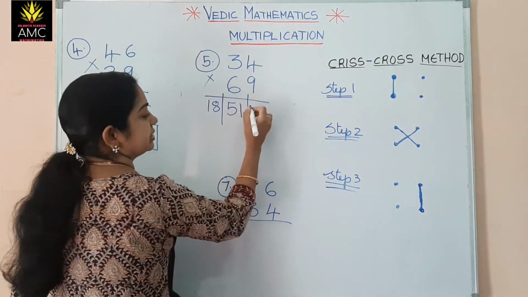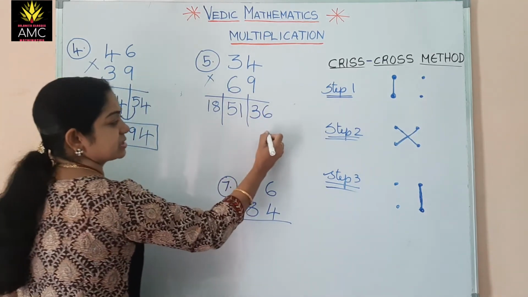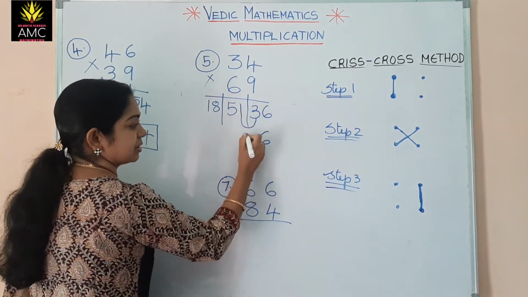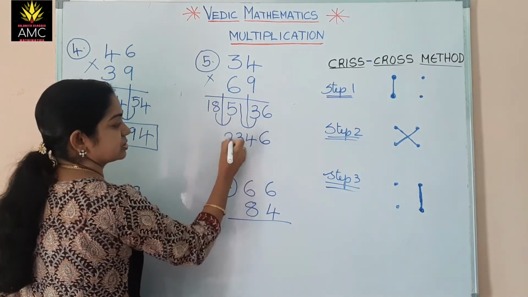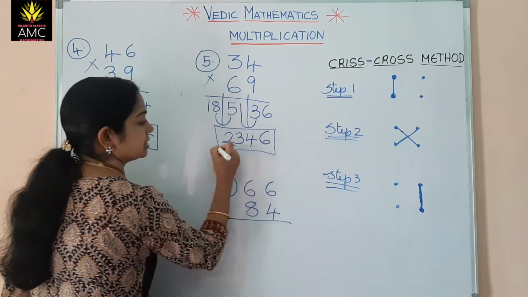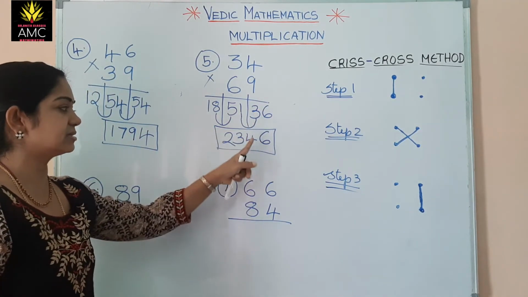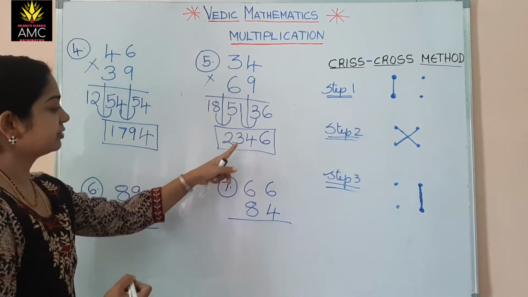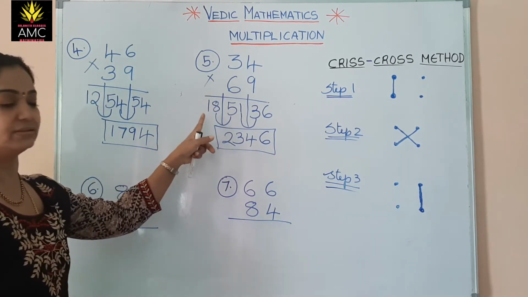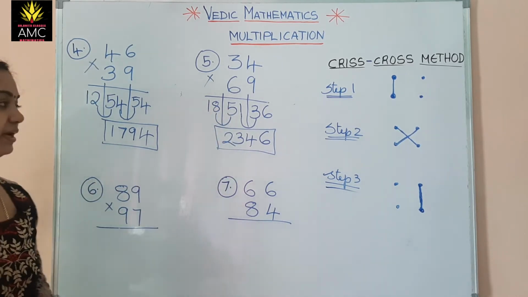See, 9 3s are 27, 6 4s are 24, 20 and 20 is 40, 7 plus 4 is 11, 51, right? 9 4s are 36, again balancing. So 6 as it is, balance this, 4 again balance this comes to 13. Final answer: 6 as it is, 3 plus 1 is 4, 5 plus 8 is 13. So 3, and 1 is carried here. So that comes to 8 plus 5 is 23 (2 3 4 6). Likewise you can write it here.